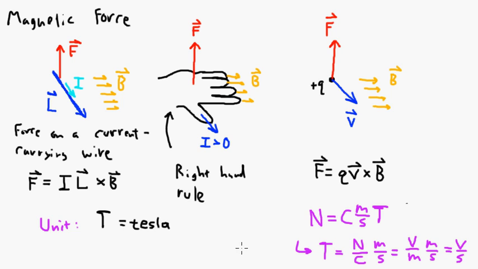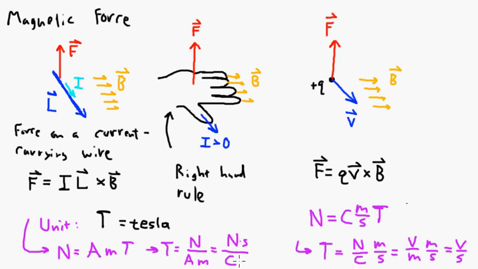Is that right? That seems strange to me, but what I'm going to do is bring this one down here and do it too. So a newton equals an ampere, which is our unit of current, times a meter, which is our unit of distance, and then times a Tesla. So this means a Tesla is equal to a newton per ampere meter. And where do we go from here? Is that right? Yeah. An ampere is a coulomb per second, so this is a newton second per coulomb meter, and a newton per coulomb